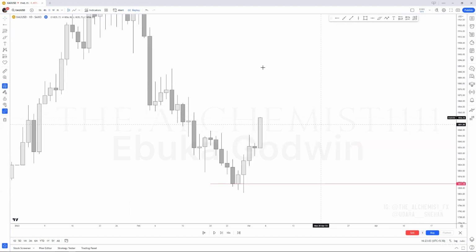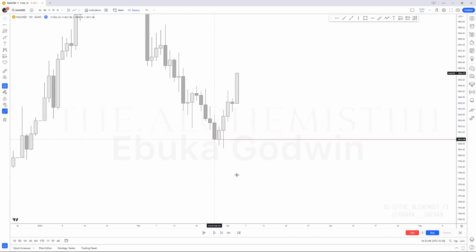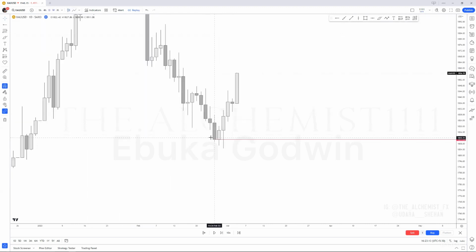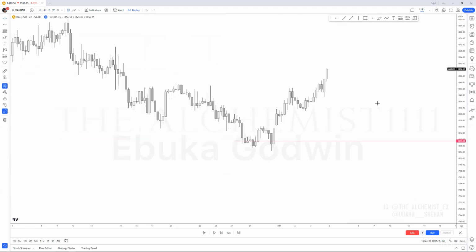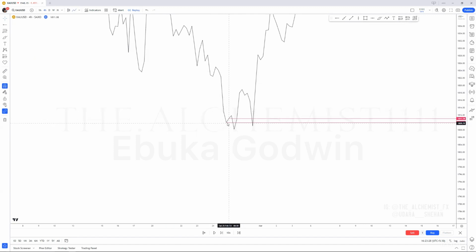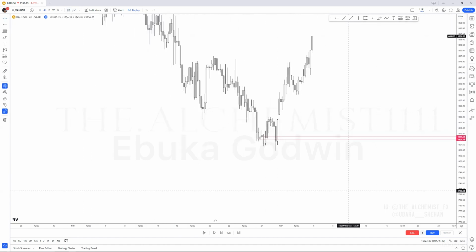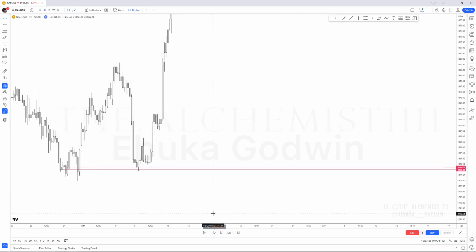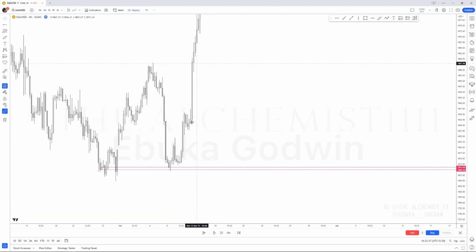Now, what you could do is refine this into lower time frames. Look at this. On the weekly, we had a support, very clear. And then if you go to the daily, we still had that support followed by a long wick. Now, if you go to H4, we could always refine this into lower time frames. I don't think it tapped here, but I think it tapped into these areas. Looks like this is a left shoulder, right? Yeah, that's a left shoulder. So what happens? Look at this. There it goes. Boom. See that? Flies.